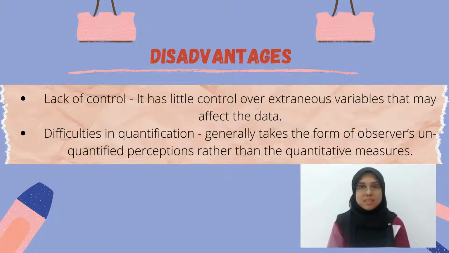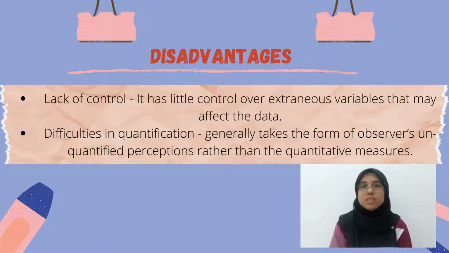Next, I'm going to present the disadvantages of observation method. Despite the advantages that has achieved, the observation study, however, has a little control over extraneous variables that may affect the data. The presence of the observer and the error involved in human observation and the recording of data, which may remain out of control. These are likely to bias the observations to a great extent. Having no other option, but only has to depend on the documents that are available.